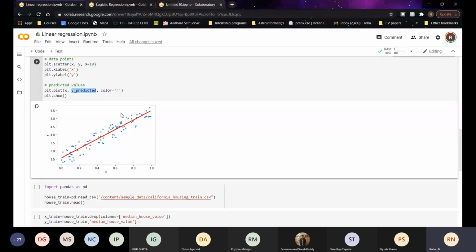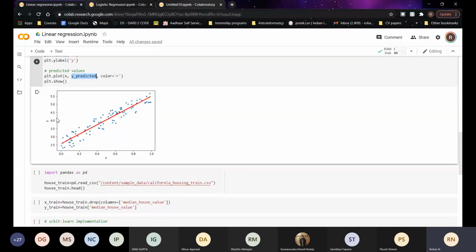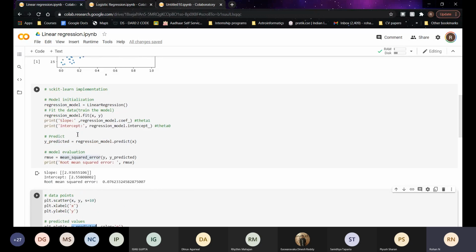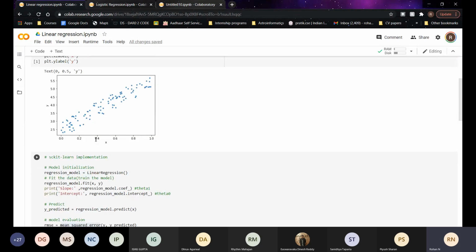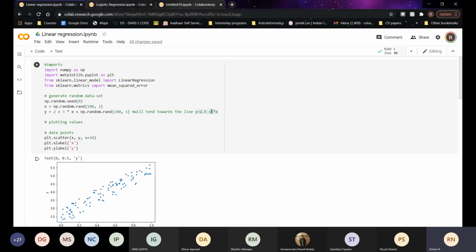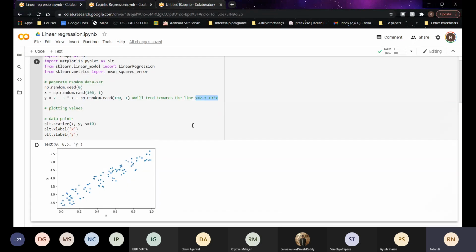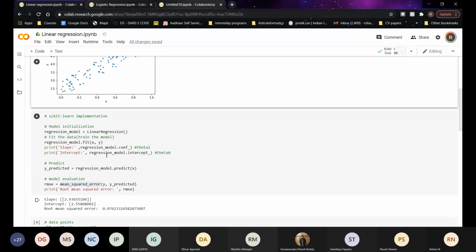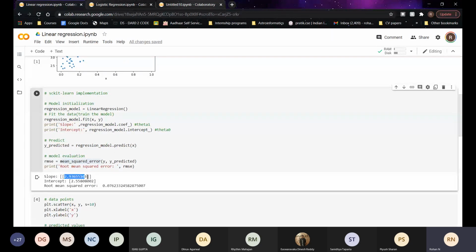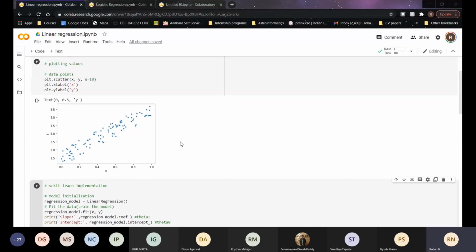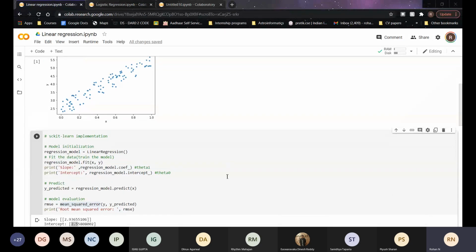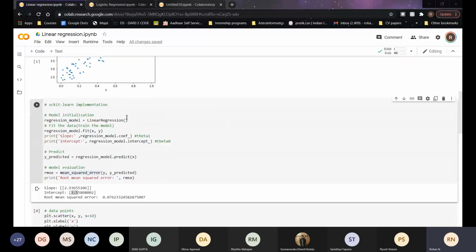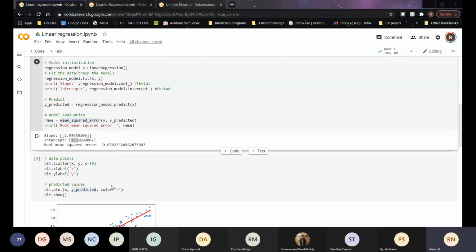You can see that it is quite a nice fit to the data. Like I said, the line will tend towards y equals 2.5 plus 3x. Even if you check the values we got here, the slope is almost 3 and the intercept is almost 2.5. So even practically we can see that the data has been correctly modeled.